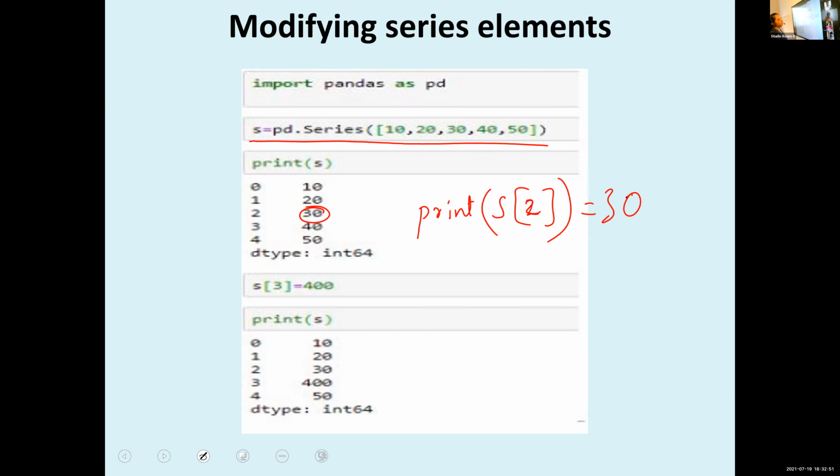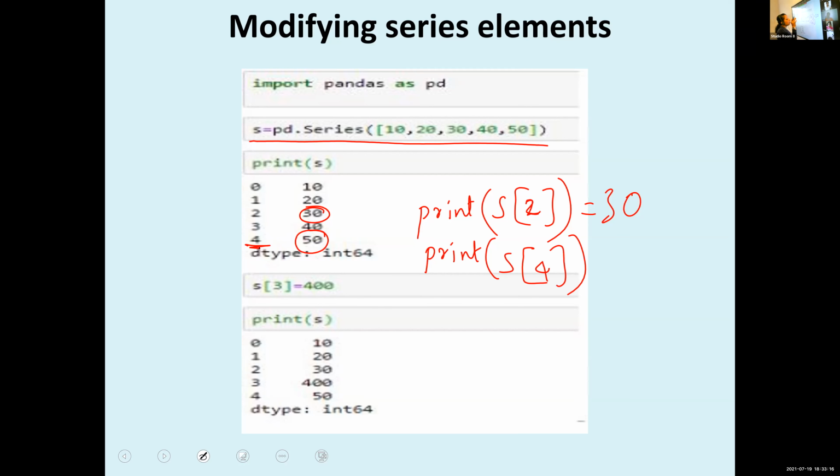Evelyn, how can we print 50? Print S within brackets, S of 4. Okay, S of 4 means the index of 50 is 4. So we print S of 4.